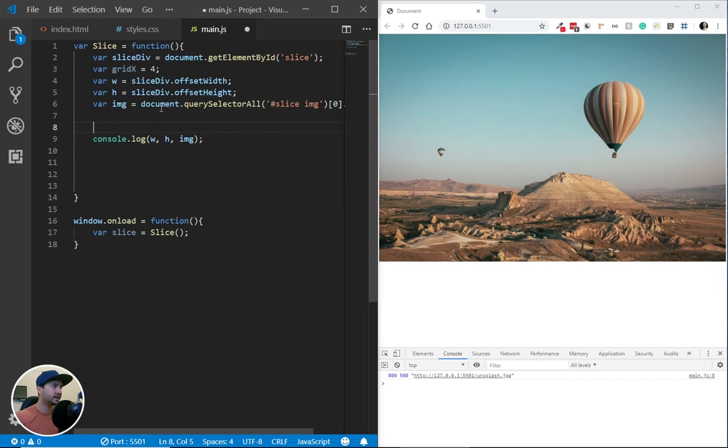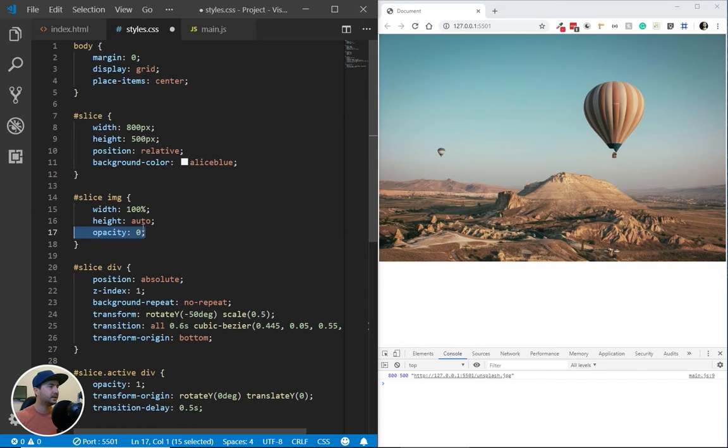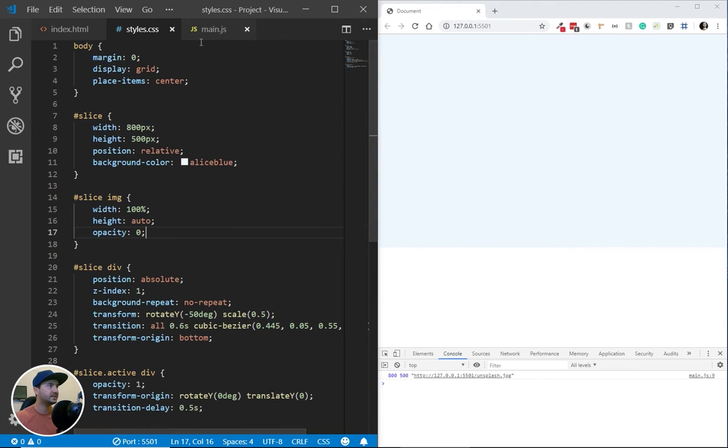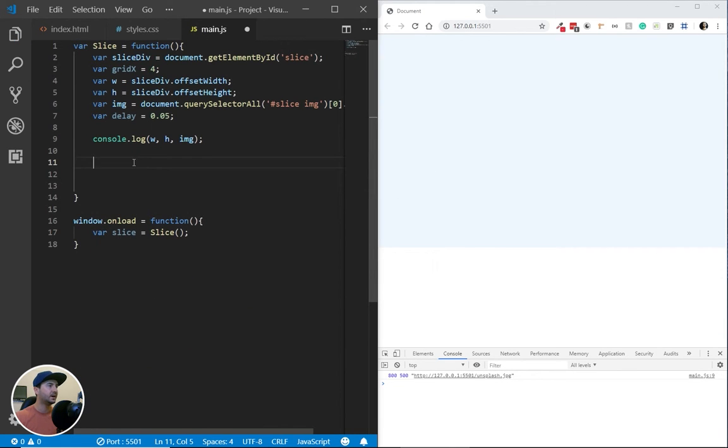which is great. Here I want to add another variable, which will be the delay of the animation, and I will put this as 0.05 for now. Now I'm going to create a function which will start creating the slices for me. But first, let me take off the image by hiding it with opacity 0 so it doesn't get in the way. And I will start by creating a create function,